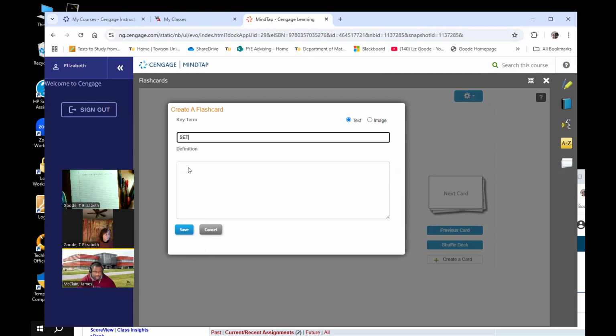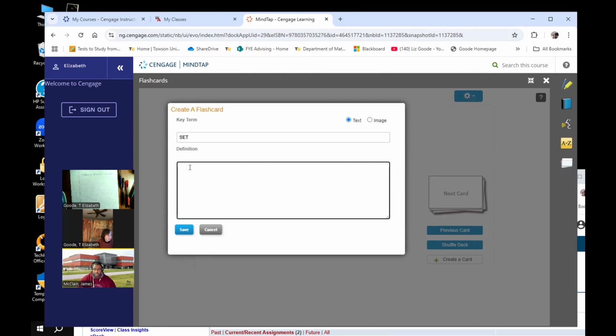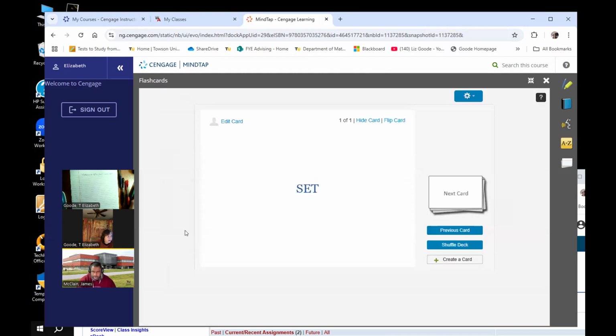So the definition is going to be, because it's key term and definition, a set is a collection of objects called elements. I'm just going to use all caps since underline looks like a pain. All right, now, so when you go to